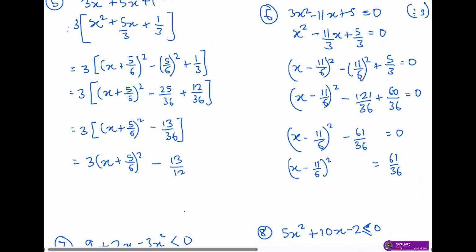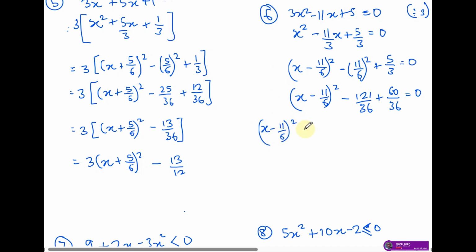Okay, I think I misjudged the space. Sorry, I have to redo those last 2 lines. I have x minus 11 over 6 squared. Sum that, minus 61 over 36,